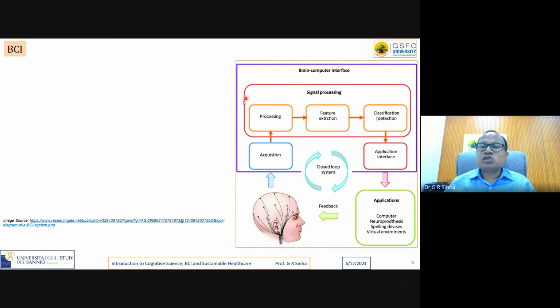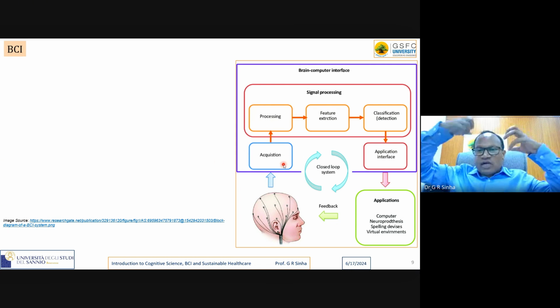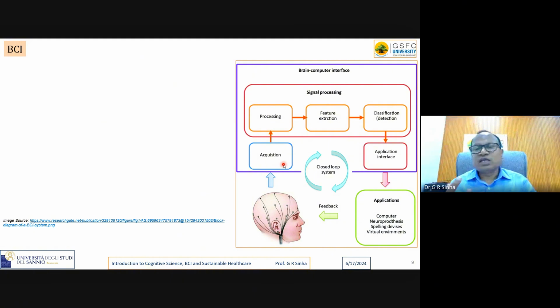And then the major block you can see is signal processing. It is not ideal to explain processing, feature extraction and classification in detail here, but let us briefly understand why processing. This would rather be pre-processing. When you acquire the brain signal using an EEG device or EMG device, which we will understand today, the first step is to capture the brain data, which is the raw data.